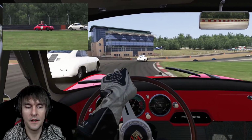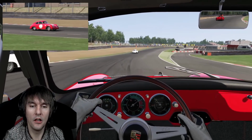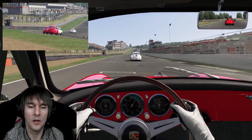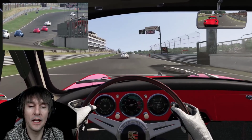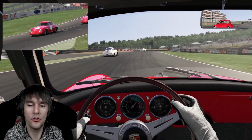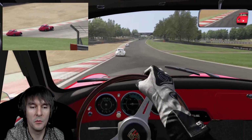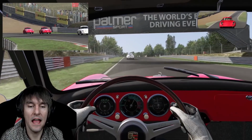A lot of the first-party content, of course, has these LODs, and a lot of the mods out there also have really good LODs within their cars. But at the moment, as it stands now in January 2019, this Porsche 956 doesn't have those LODs available. So the computer will be rendering the highest detail version of the car for any vehicle